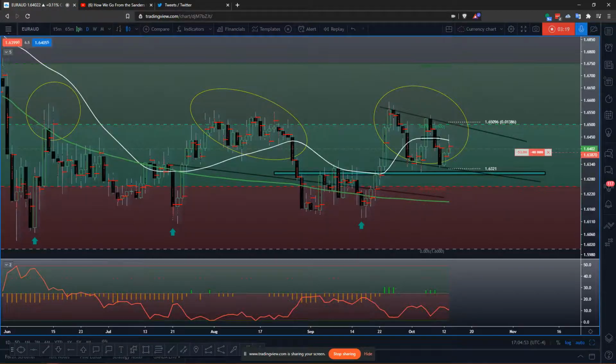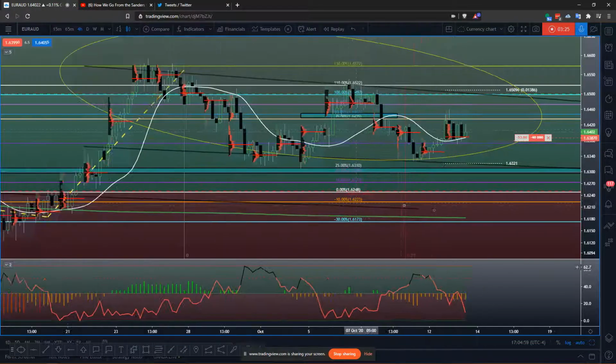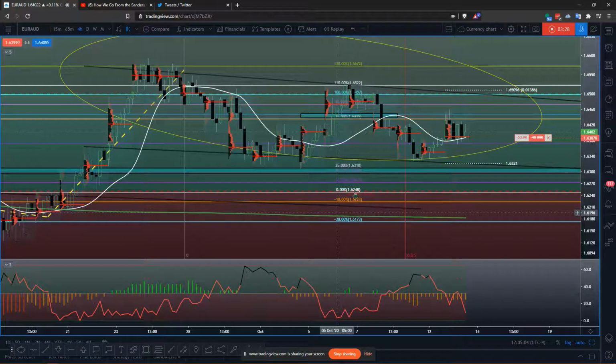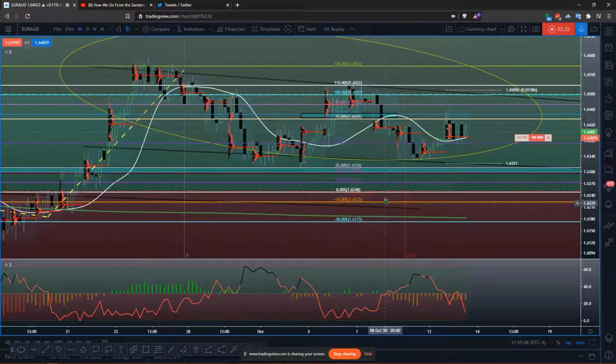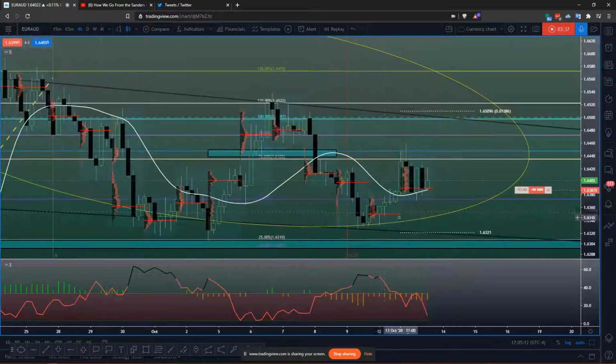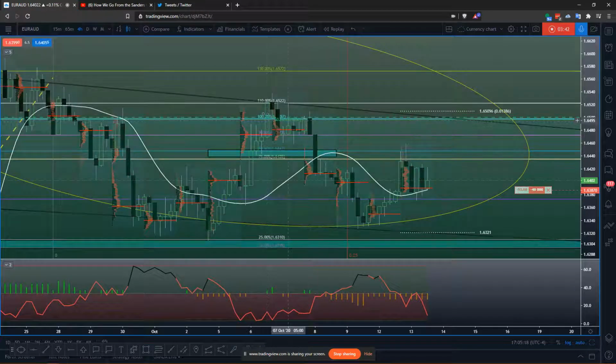Now, going down to a smaller time frame, this is where we bring in our extra Fibonacci lines. This is all based upon the quarters theory. Even though these are Fibonacci's, I made it out to be in line with a certain number of pips. So we're just coming off of that 100% Fibonacci at the